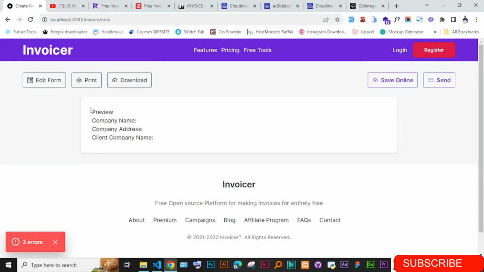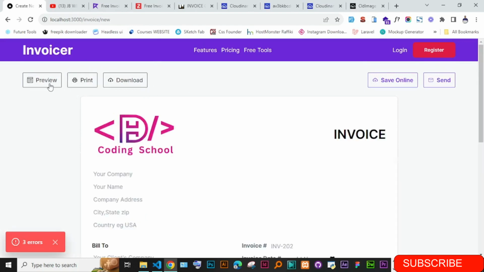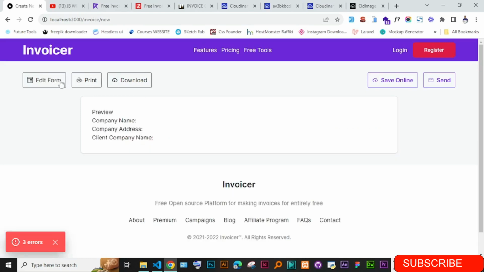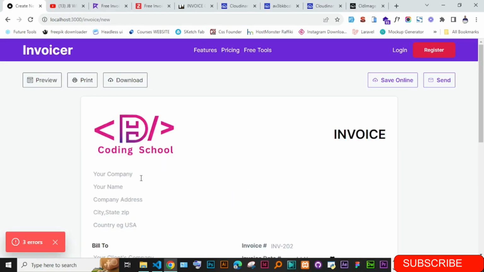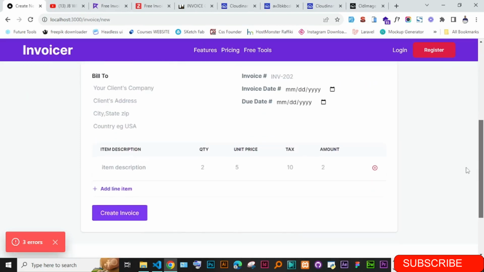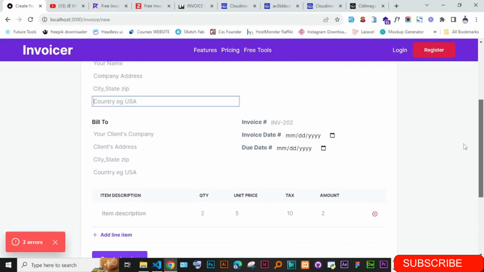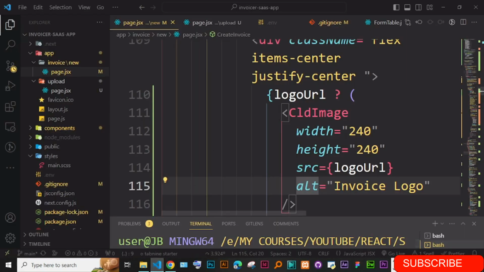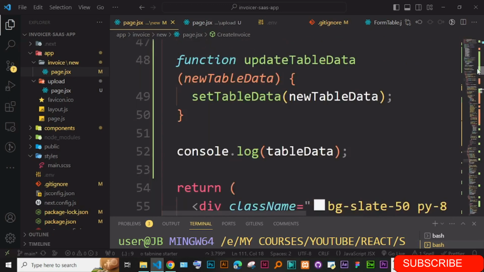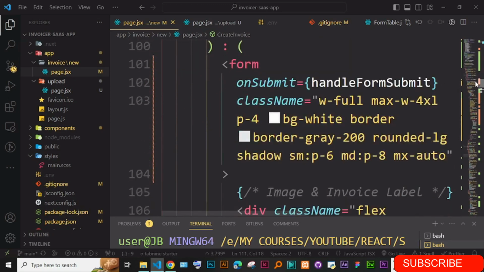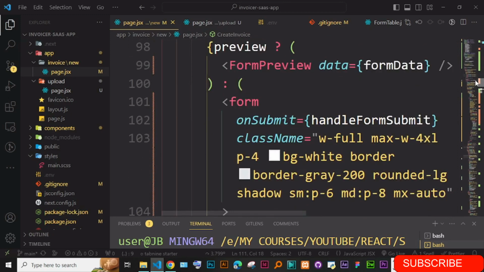So what we are going to do is copy this very invoice, because this one should be exactly like this side on the preview, only that it's not going to be form details, it's going to be the actual things. So I'm just going to copy everything we have in the form. I will just copy this form,